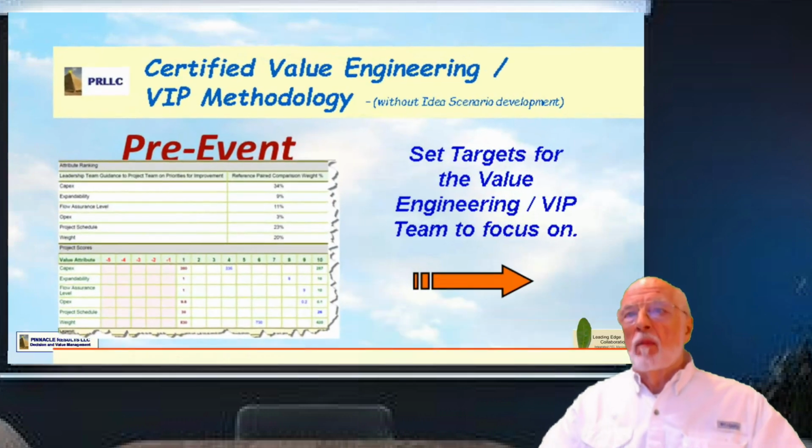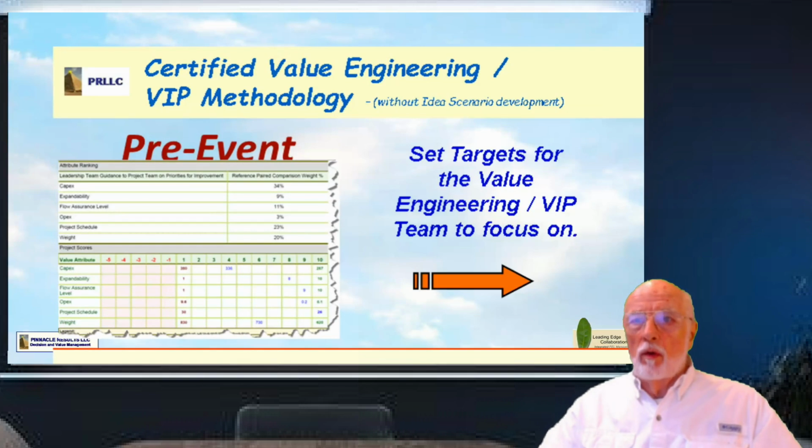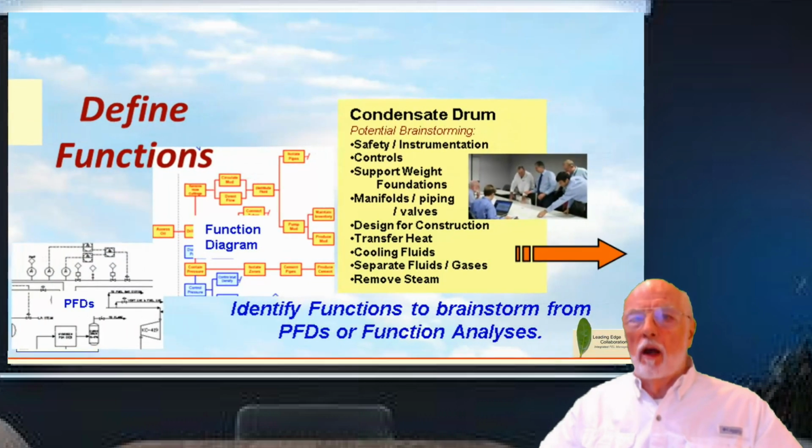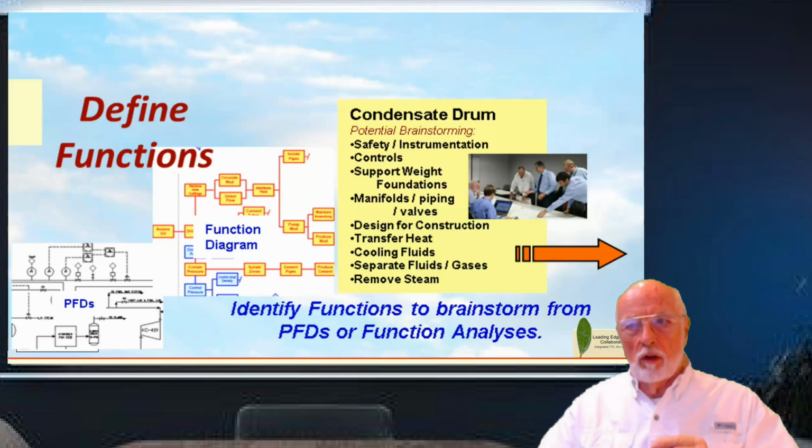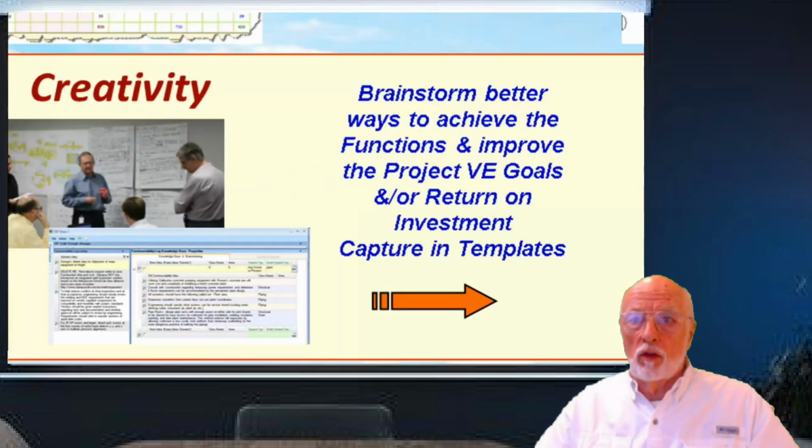In the pre-work, what do we have to focus on? What's really the focus for this part of the project? What does management want us to deliver? And moving from that into how we are going to define the functions as opposed to the equipment itself that delivers the functions, and how can we do that better. For instance, you're looking at transferring heat, cooling fluids, separating fluids, supporting weight, foundations, the functions that are being delivered, not the actual equipment, and looking for options for change there.